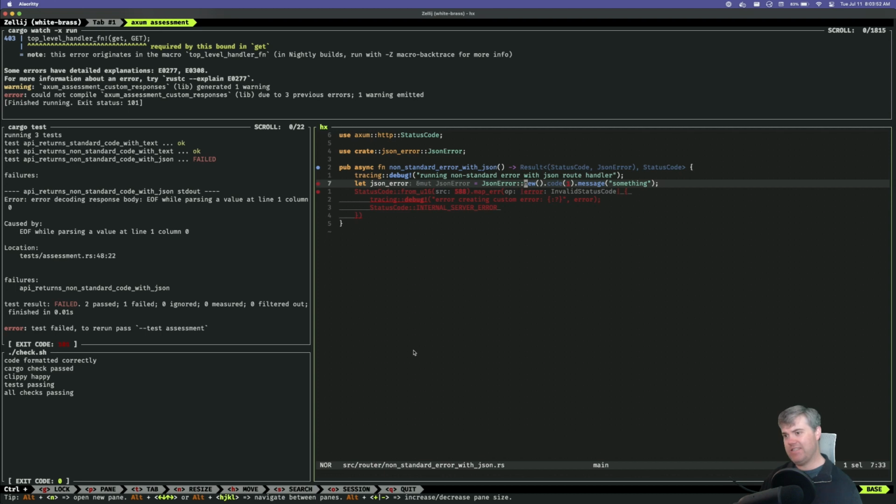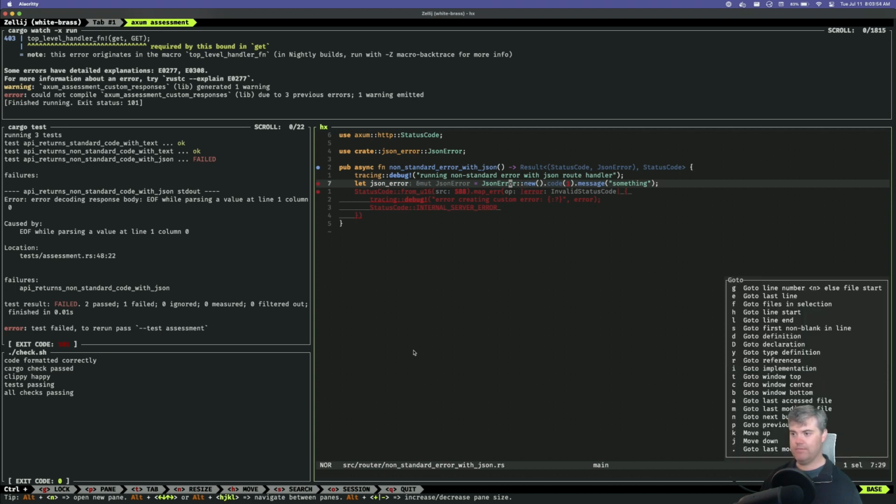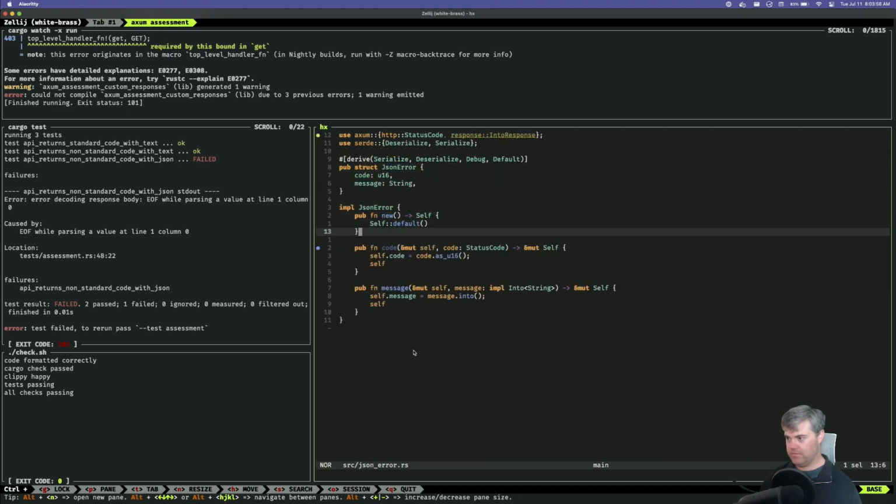But it is a little bit odd, isn't it? If I implement clone and copy, can I do copy on a string type? I don't remember if that works.